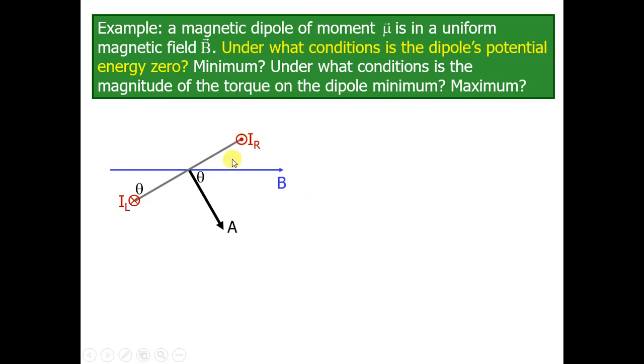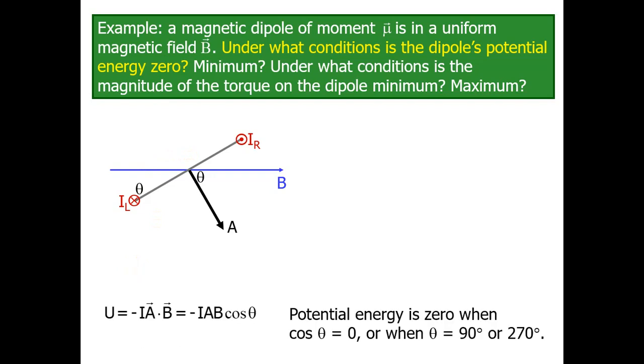See here the electric and magnetic fields. These are the vectors of the area, the direction of A. This is I R, the force F of R, and this is I F of L, the force F of L, outside and inside. So these are the basic things. Now, here U is equal to I A B.